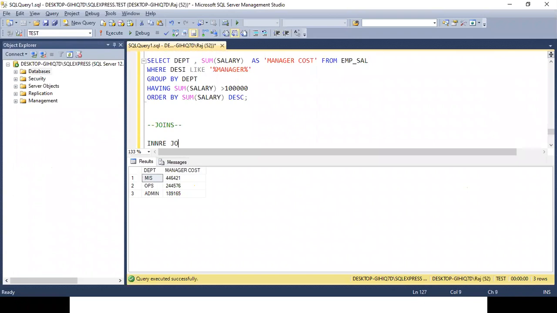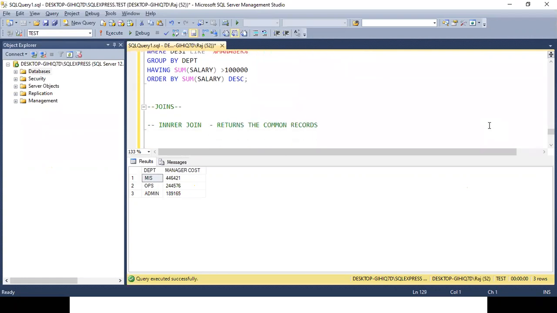Inner join returns the common records. Now, I will say select star.